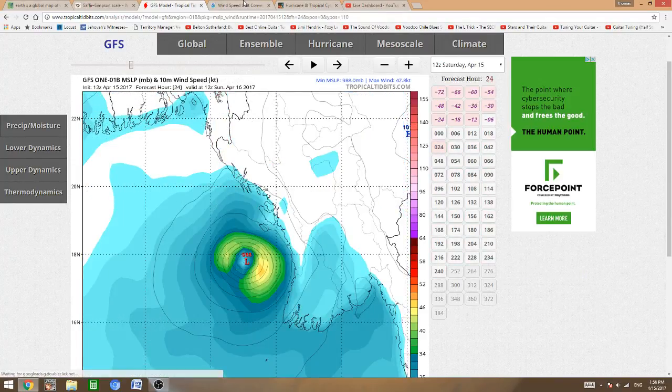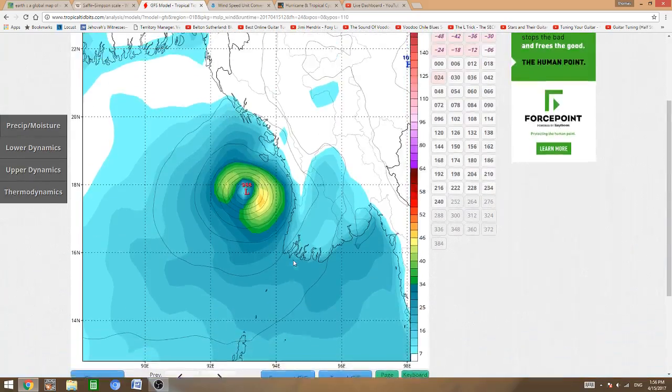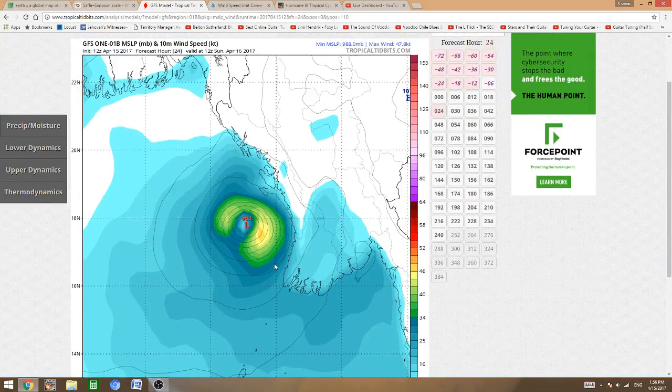Low end 47.8. That shows it at a 55 mile per hour tropical storm. The winds just coming up to the coast. So this is where I start to rely more on the high end forecast, because most storms do not, and this shows it with almost every single storm. The low end forecast shows almost no wind on land, which is basically, that doesn't happen